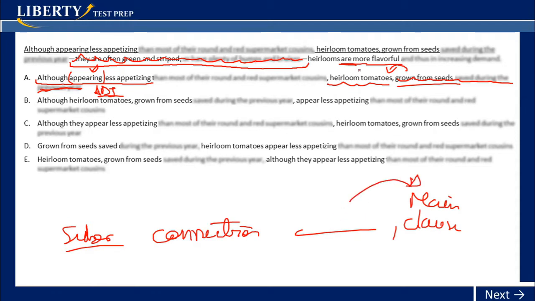In letter A, we just have heirloom tomatoes. That's the only part. We don't have a verb for heirloom tomatoes. It makes no sense. So letter A is out. Letter B seems